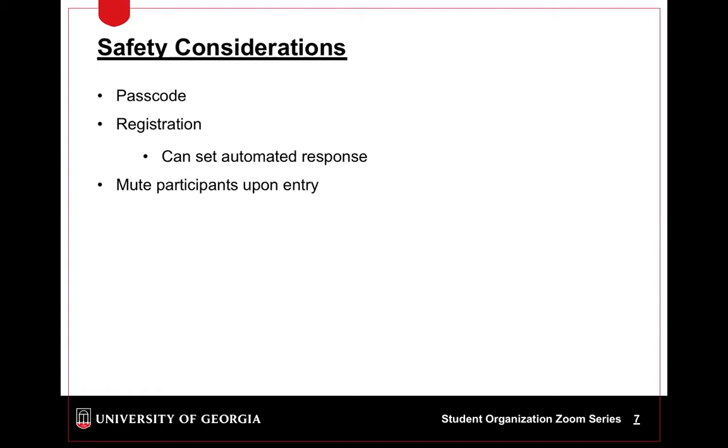Similarly, registration is another safety feature that Zoom now offers. And so this allows you to set it up where people have to register and provide their email beforehand in order to get the link. And so this way, when you're posting the link on social media or sharing it out to folks through email, you don't risk anyone random joining because they had to have gone through and registered beforehand. And then you can also see who all registered. And if there's anyone that's really not supposed to be there, you're then able to delete them from that registration so that they're not able to join.